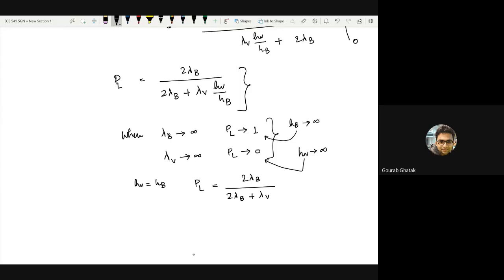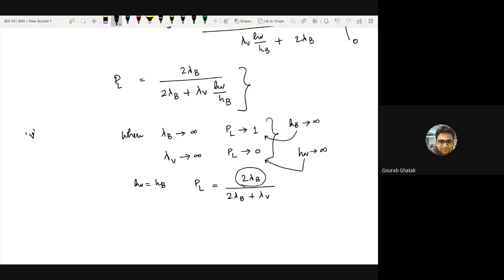Nevertheless, when we have equal heights of base stations and blockages, I have made this subscript V to term vehicles, but in the figure I have drawn a tree just to make this point that the blockages can be of similar heights as the base stations. It can in fact be of larger heights than base stations. But in this special case, when they are of equal heights, the probability of line of sight depends on the relative density, but the density of the base stations is twice as much as the vehicles.